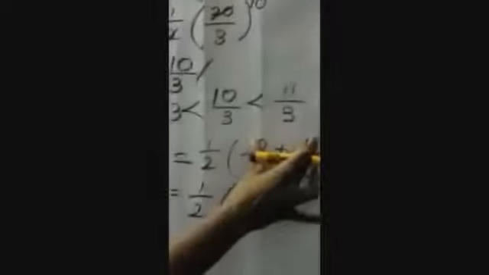Again you have to consider the same formula, half into x plus y. And now here instead of this x we want to replace this 10 by 3. So half into 10 by 3 plus y as well as the same number. Then the second number we can write 11 by 3. And now look at both the denominators are same, which means they are like fractions. So directly you can add the numerator. So numerator is nothing but 10 plus 11 divided by 3. Half into 10 plus 11 it is 21 divided by 3.